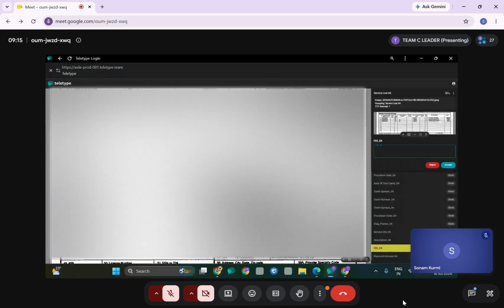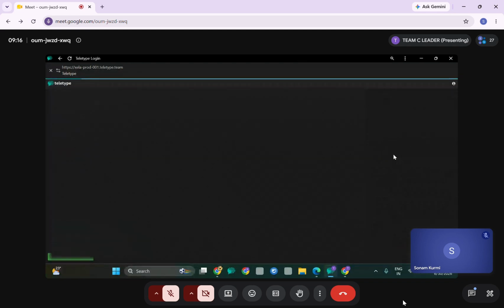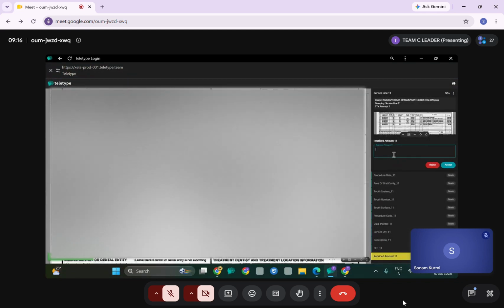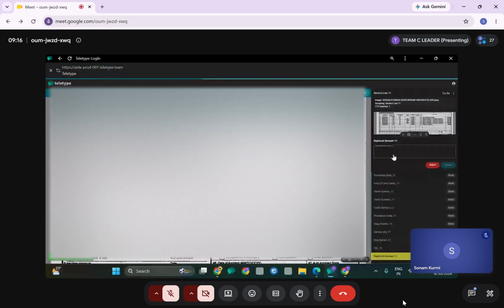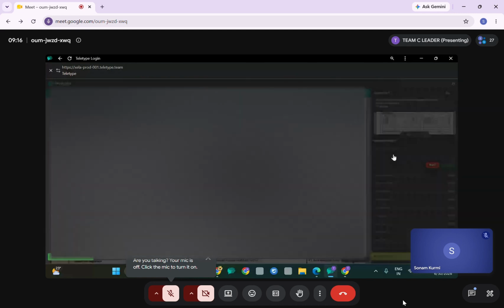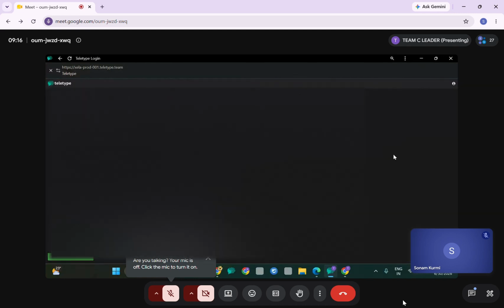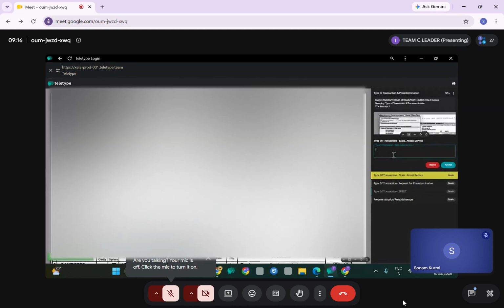Field line 4. There is no fee here, so this is also blank and accept. Accepted amount is always blank and accept. Type of transaction, statement of actual services.